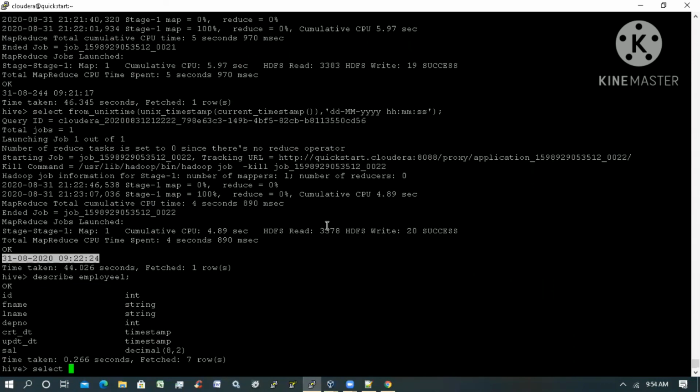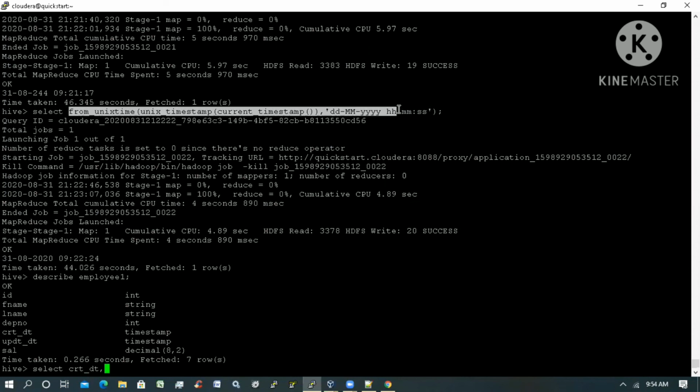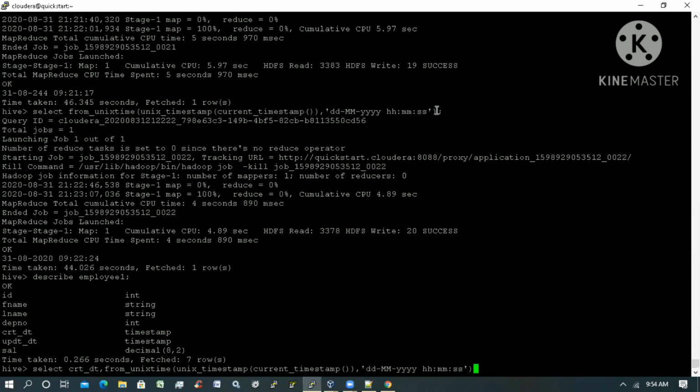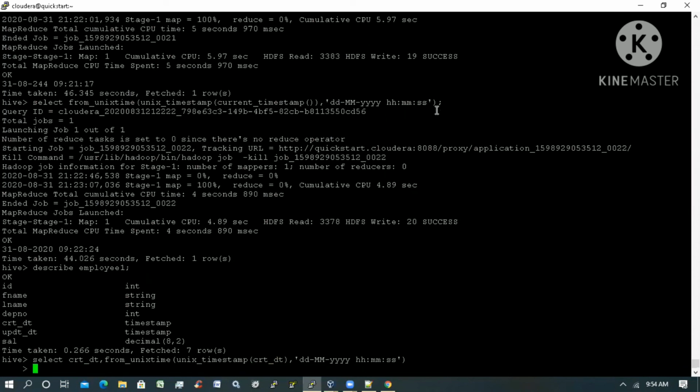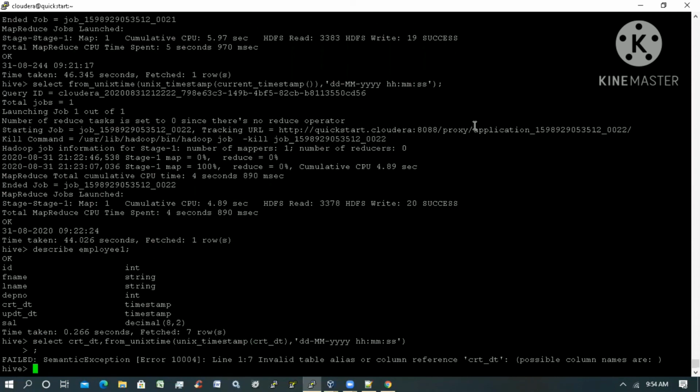My data has a create date, which is my timestamp field. This timestamp I want to convert into one more format. I'm giving my timestamp, create_date, and converting this one to another format, from the employee table.